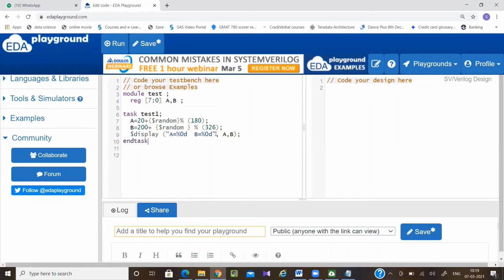When we write percentile 0D, all the MSBs that are not in use will be truncated. Exactly. If I'm writing simple percentile D, it will take 32 bits to display. Even if it is just 8-bit, it will take space of 32 bits. If I'm writing percentile 0D, it will take only as many bits as required. So here I will be writing in a different manner so that you can understand.